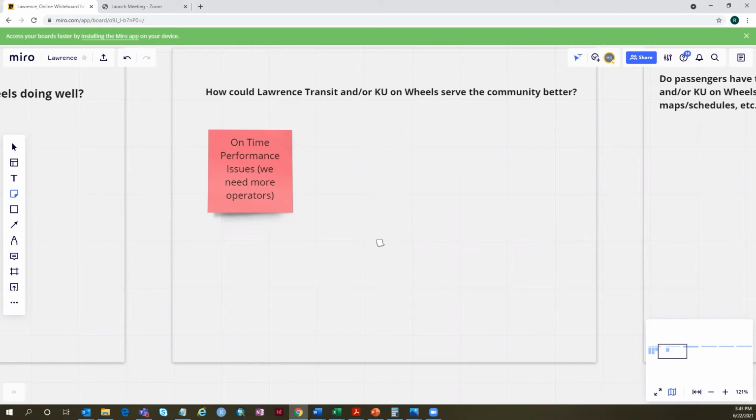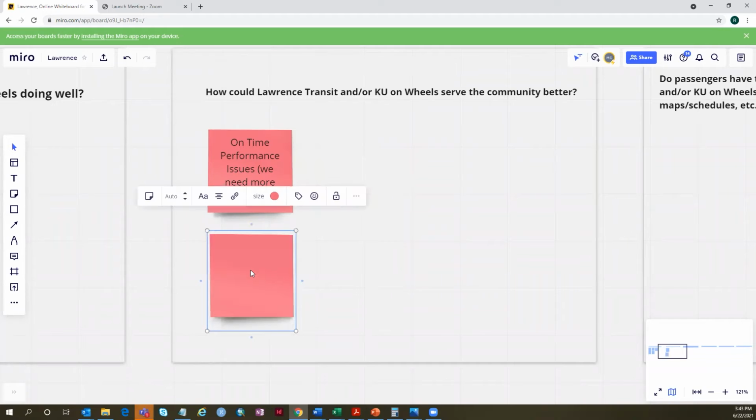Which routes are you talking about? Like Route 7 in particular. That one doesn't have a whole lot of time built into it. And of course, this is all going to follow through with the route redesigns that are going to happen with the hub. But in order to serve the community better...